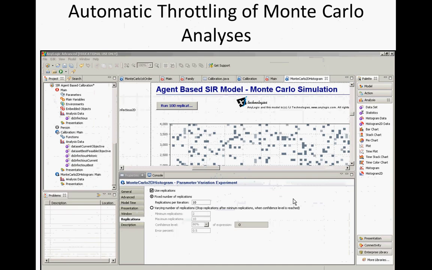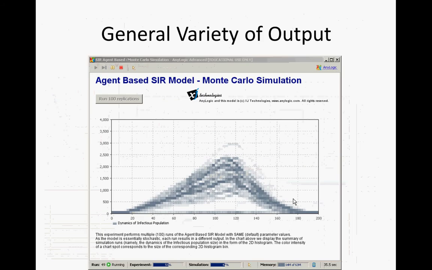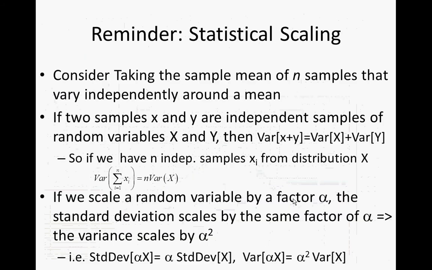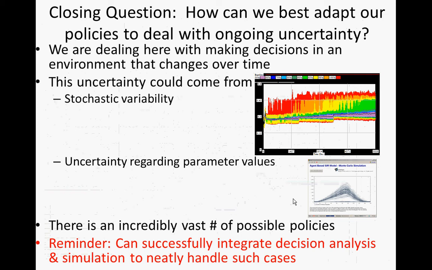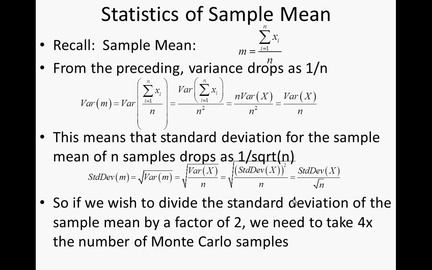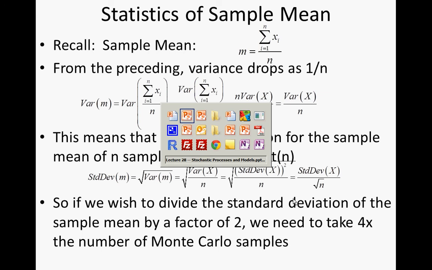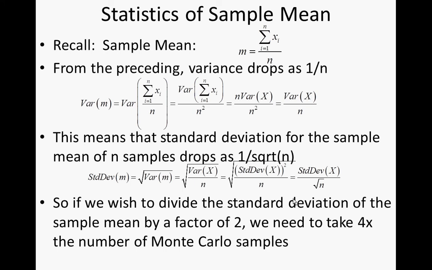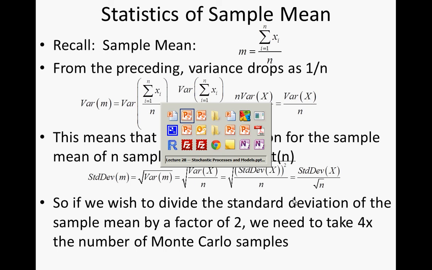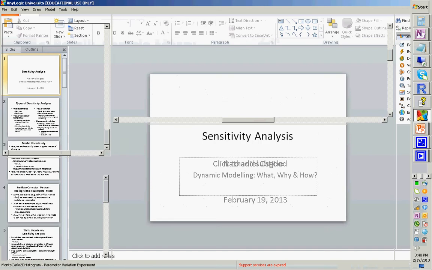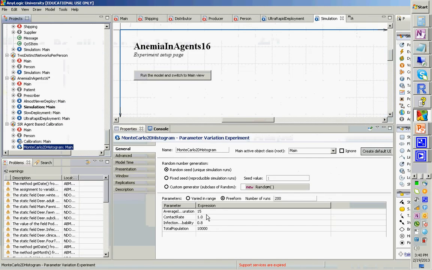And it turns out that we can throttle how many runs we do based on statistical considerations on reliability of the estimates of, for example, the mean. So AnyLogic provides a way of throttling automatically the number of realizations done to secure a certain level of confidence concerning the envelopes around the median. However, this same type of analysis could be used when we vary parameter values. Again, that's just one sort